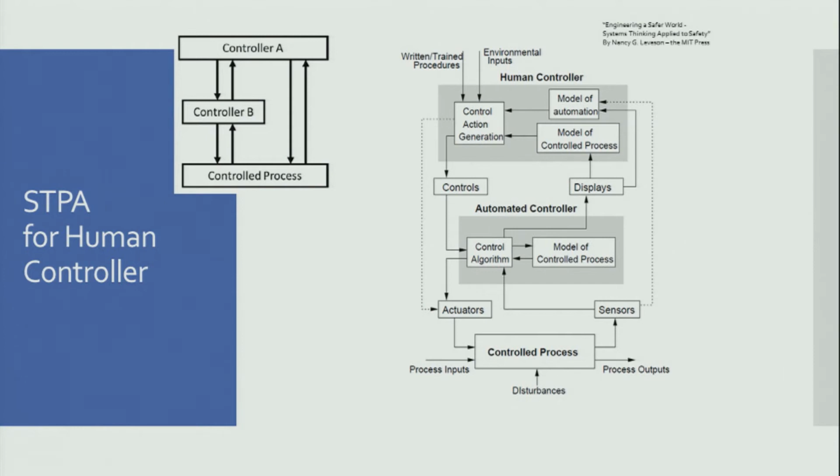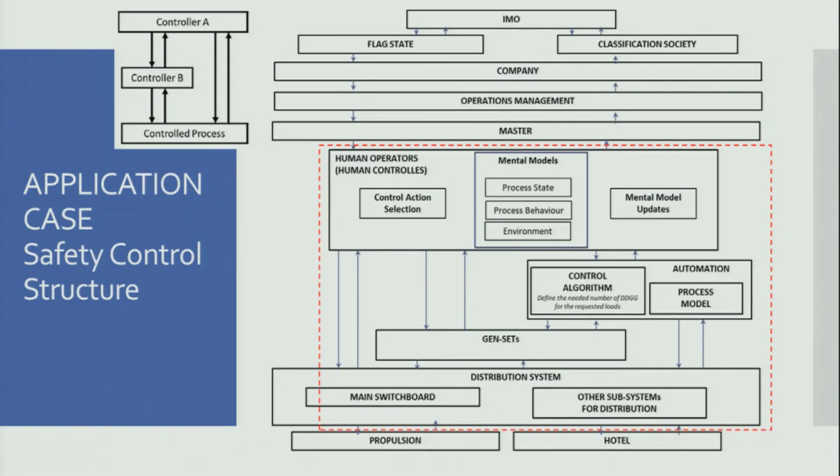In this case, it is more appropriate to call it a mental model. And the mental model can be updated in this case by information from automation, because the human controller also has the model of automation. This is just the starting point that you can find in the book, because then we elaborated on this. Okay, so this is our safety control structure,